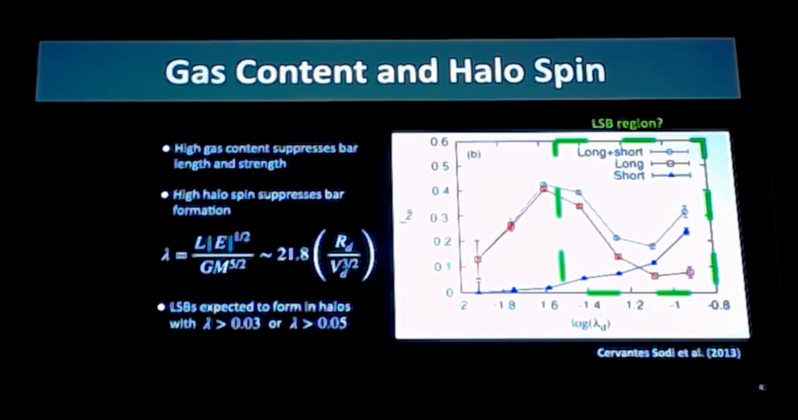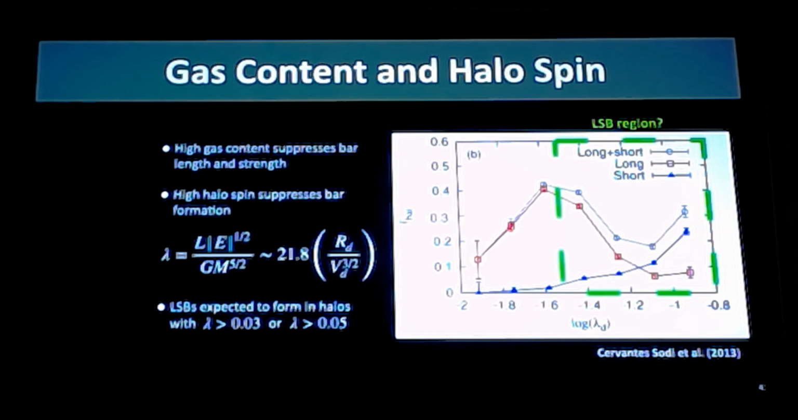value, but the number of short bars increases. So there might not be that many bars, but they are forming short. And the boxed region is in general, depending on who you ask, where lambda is greater than 0.03 or 0.05. That's where LSBs are thought to form. Now, this could explain why our bars, in addition to the gas content, are short and weak. But there's also